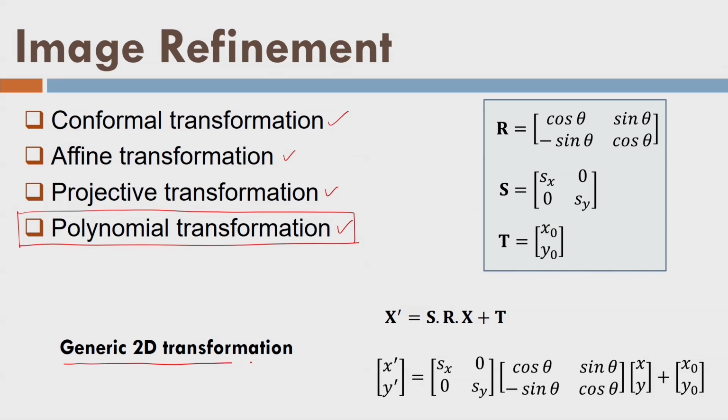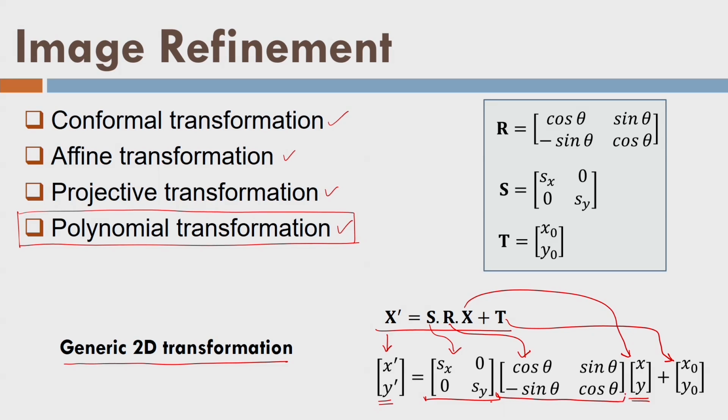Let us look into the generic 2D transformation, which is written like this, where these are corrected image coordinates. This S is scale, R is rotation matrix, T is translation, and X is measured or the observed image coordinates. That means I want to rectify X and Y image coordinates, and I want to calculate X dash Y dash. So I am using this scale, then there is a rotation matrix here, and this is translation matrix. So written here translation, scale, and rotation, and it is happening in 2 dimensions only.